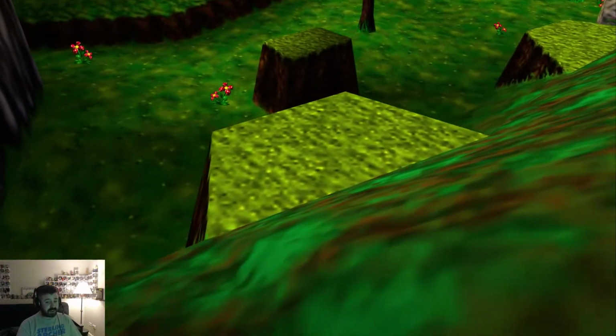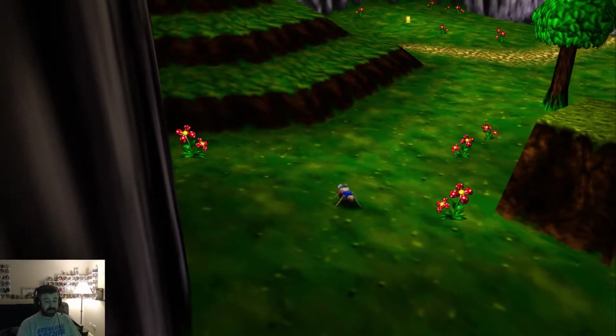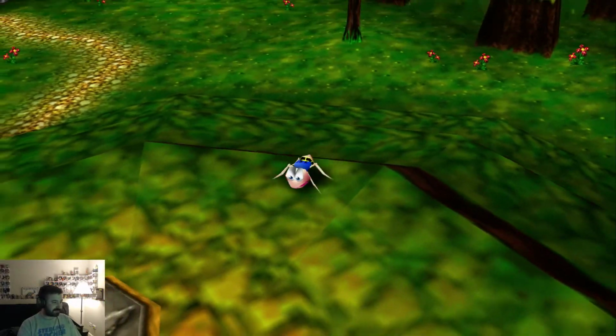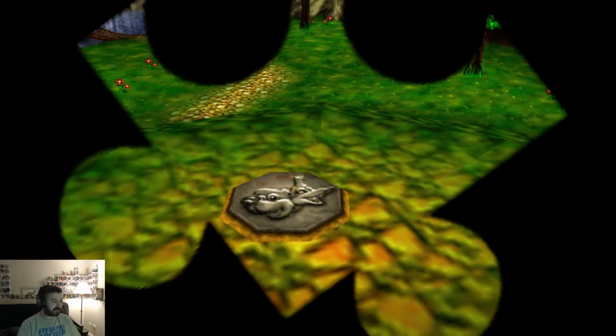The third level is Plunker's Cavern. And I think the next one after that is Bubblegloop Swamp. Those aren't that easy. They're not hard. But...